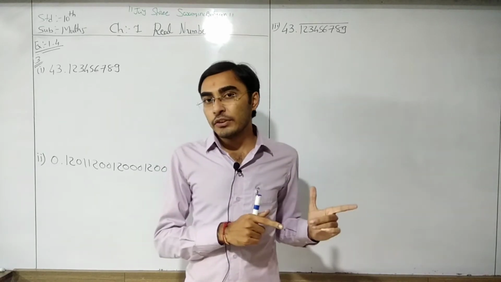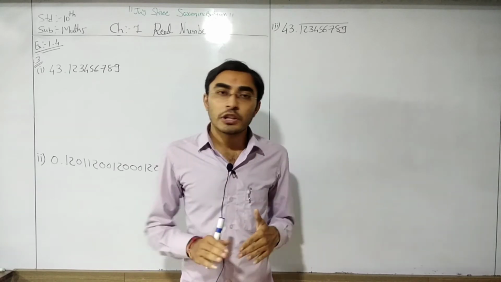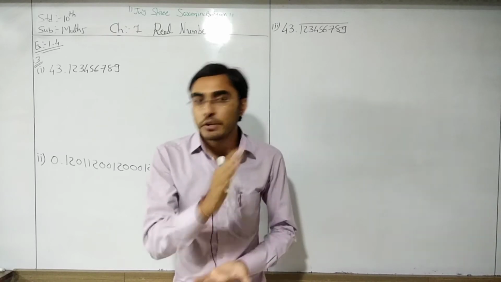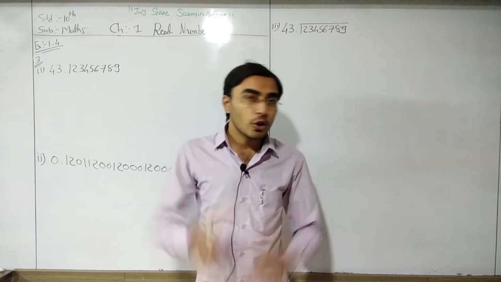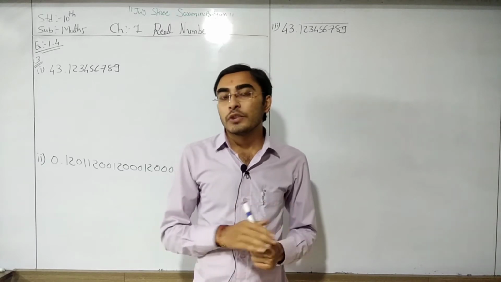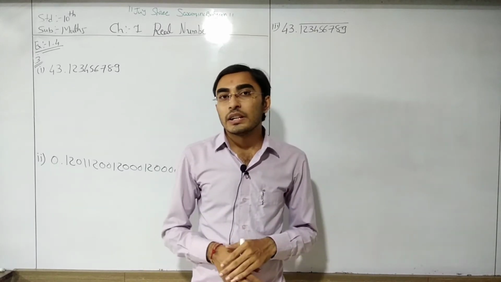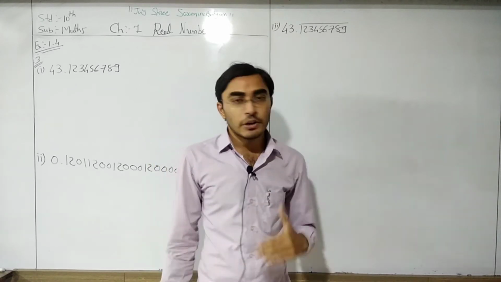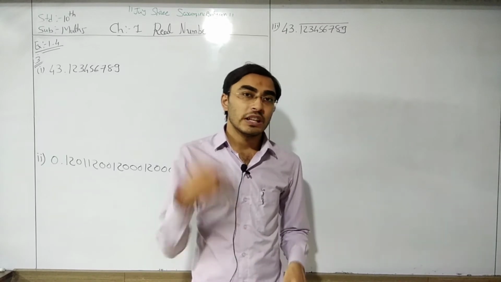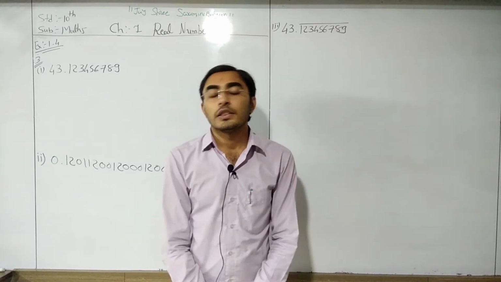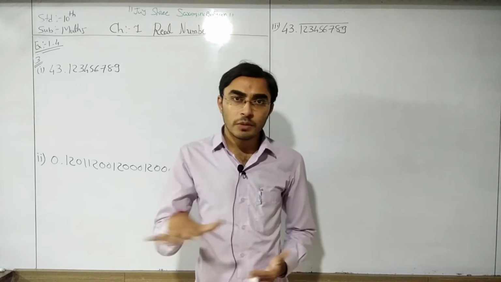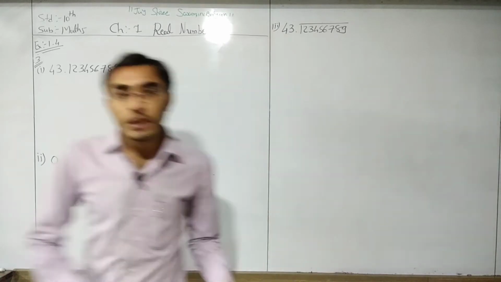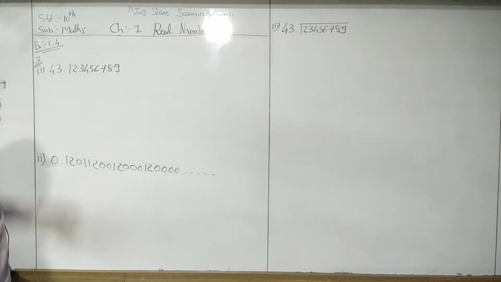If a number has a terminating decimal expansion or a non-terminating repeating decimal expansion, at that time we get a rational number. But if a number has a non-terminating, non-repeating decimal expansion, then it is an irrational number, right? So we just need to check the form of the decimal expansion. If it is terminating or non-terminating repeating, then it is a rational number. But if it is non-terminating, non-repeating, then it is an irrational number. Okay. Now our first number is